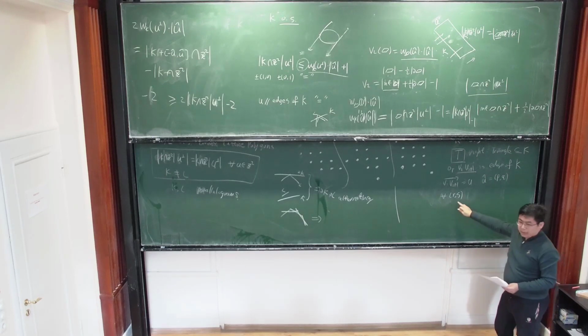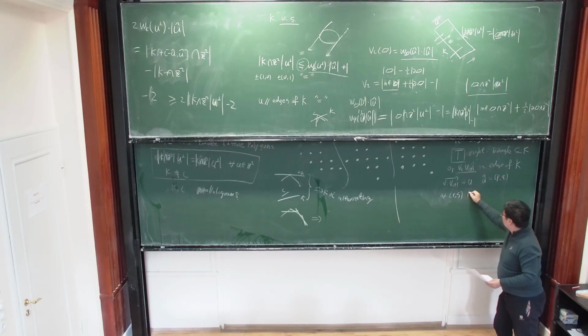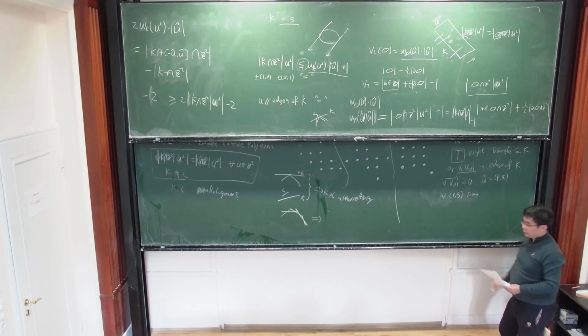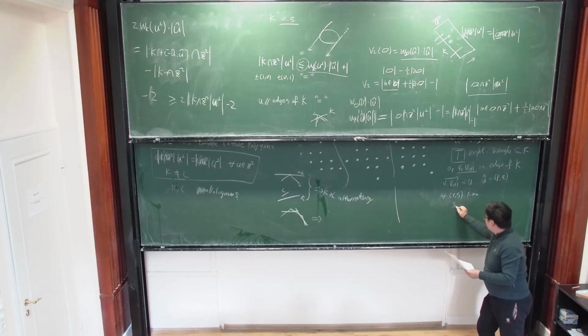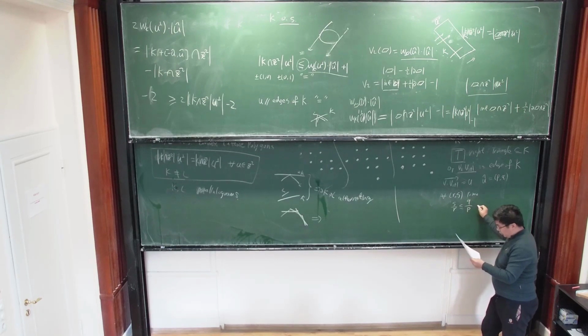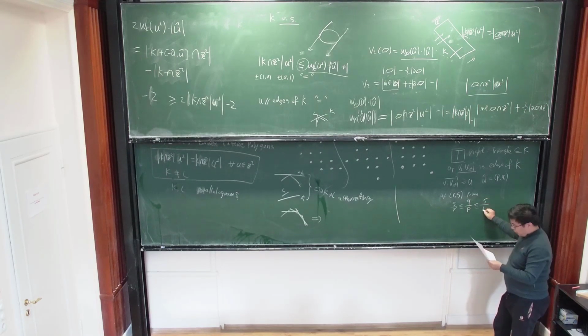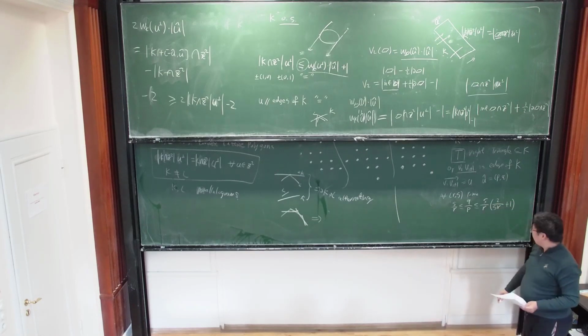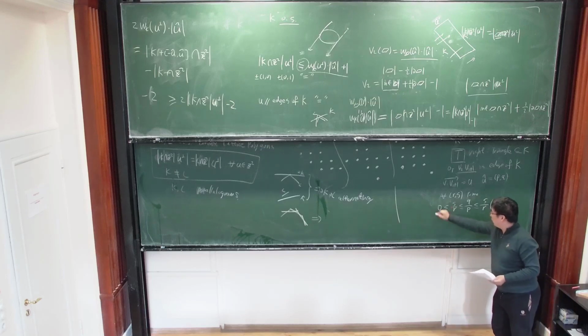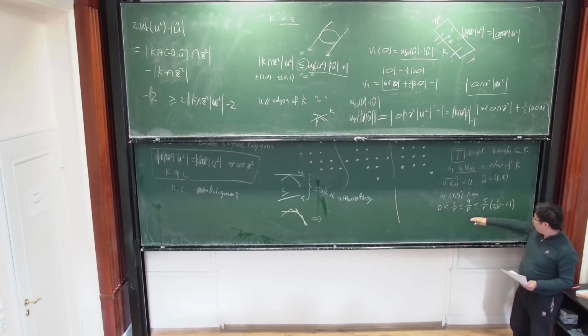If this is a direction, of course you make it a prime vector. If it is a prime vector, then it satisfies this condition: S over R less than or equal to Q over P, less than or equal to S over R times 2SR plus 1. If it satisfies this condition,